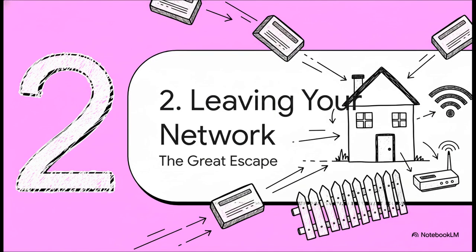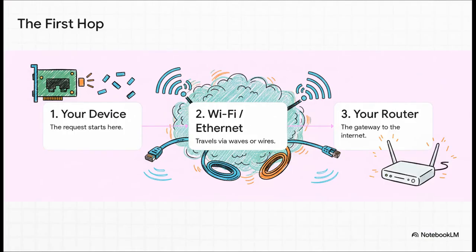So our little packets are all packed and ready to go. Their first big hurdle is just getting out the door. They've got to get out of your house and into the wider world. And here's how they pull off that great escape. It all starts at your computer's network card. From there, the packets are fired off, either flying through the air as Wi-Fi signals or zipping down a good old-fashioned Ethernet cable. And their very first stop is that little box with all the blinking lights you probably never